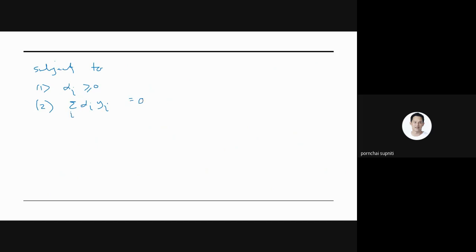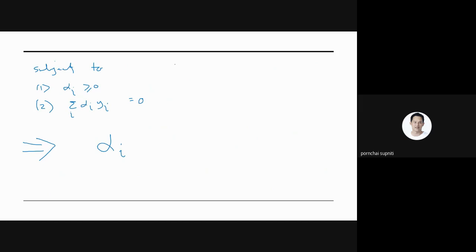Okay, and from this optimization you will get what is called alpha i. Okay, and for this optimization it can be solved by many existing algorithms to find these alpha i values. Okay,